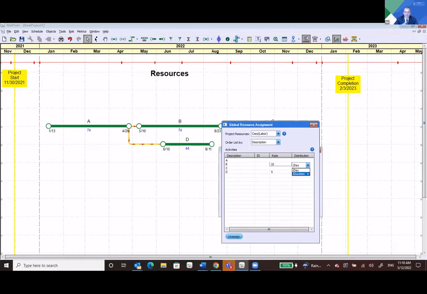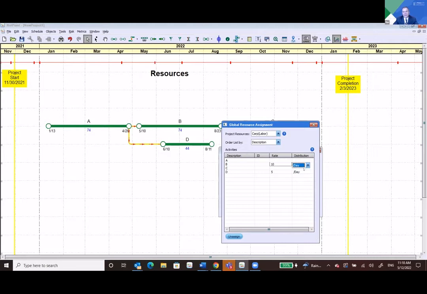If you have a 74-day activity like you do with B, and you're only going to use a total of 10 carpenters, then you're going to be using a very fractional carpenter each day. So some examples of where you might use it per day versus per duration. Let's say that you are going to use a crane, and that's going to be a resource on your project. That one you can't really fractionalize. You're going to have a crane there every day during that activity,